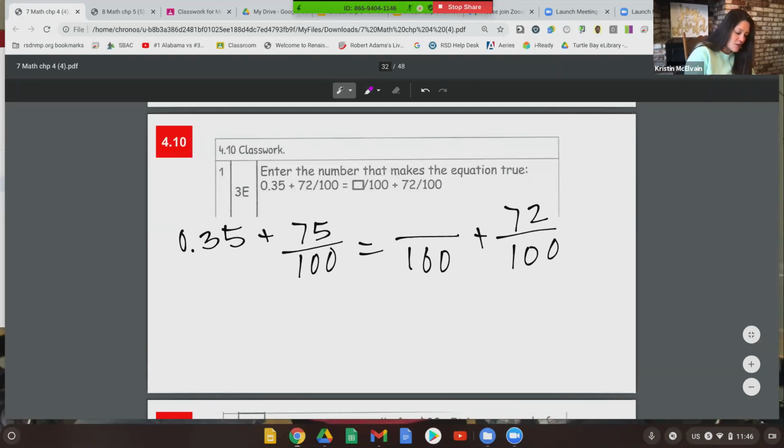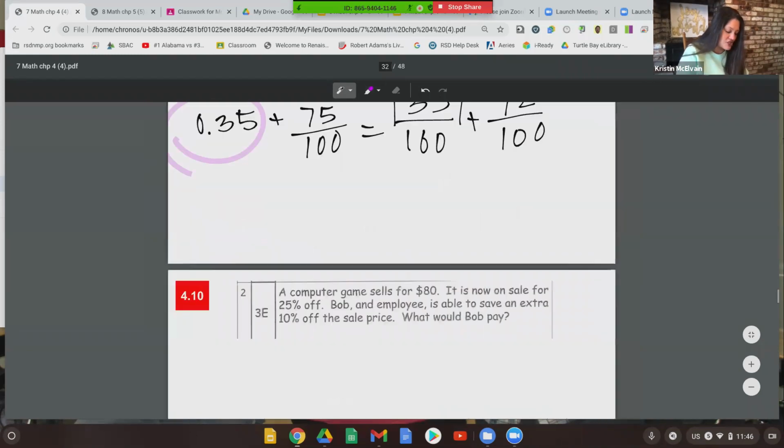When we read this decimal, that is 35 hundredths. So the number missing, to make this true, is 35. All right, there we are. Number 2,